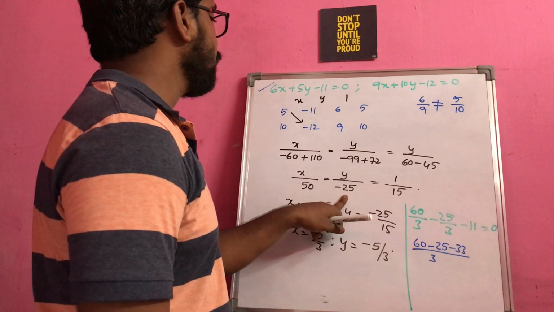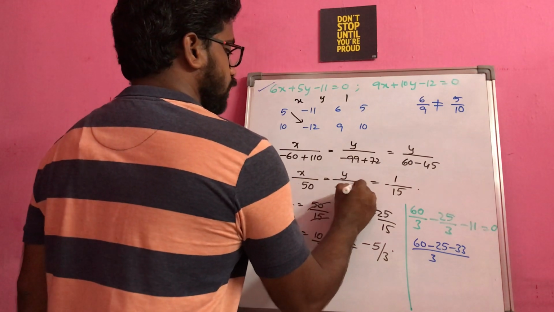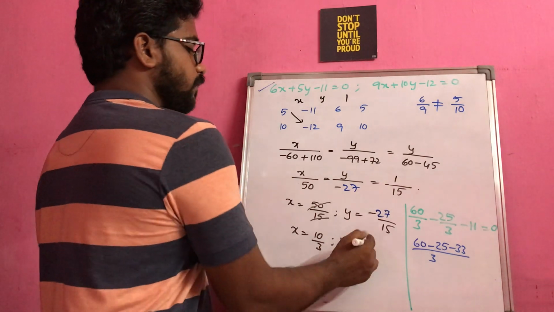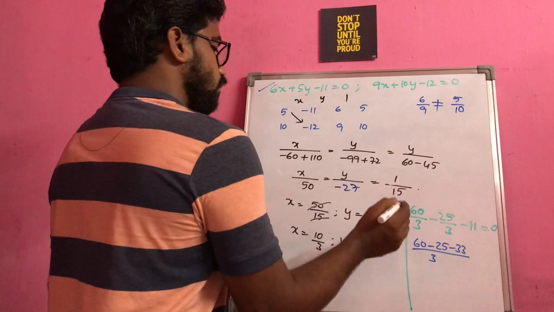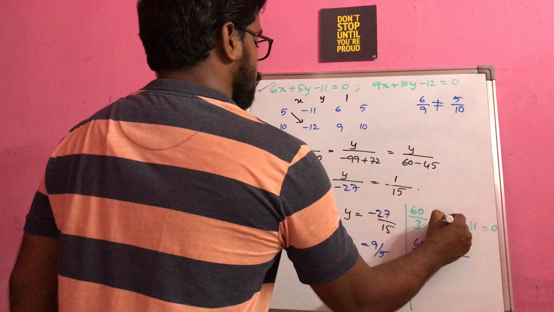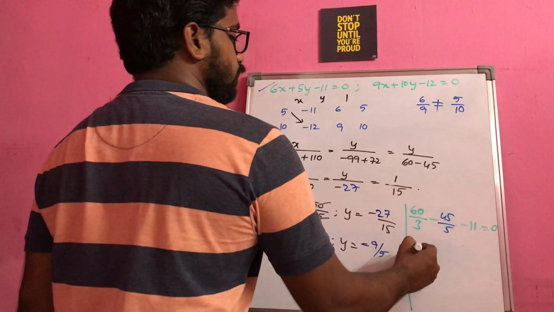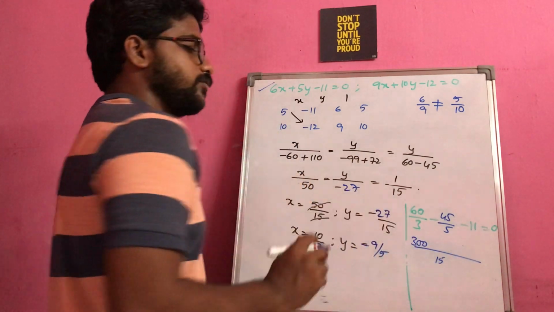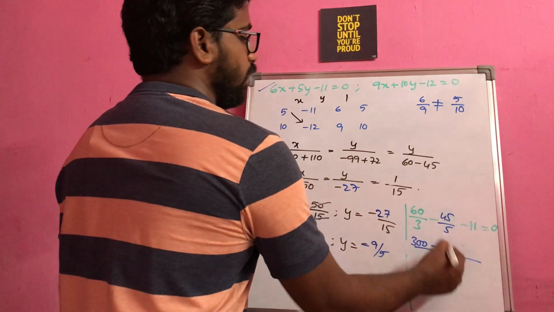9 into 10 by 3, plus 10 into minus 5 by 3. Sorry, this is 27. If I cancel out 3 table here, I will be getting 9 by 5. Okay. So this is 9 by 5 means 9 5 is 45 minus 45 by 5. LCM is 3 and 5 is 15. So this is 15. This is 300 because 5 into 6 is 300. This is 3 times means 3 5 is 15.